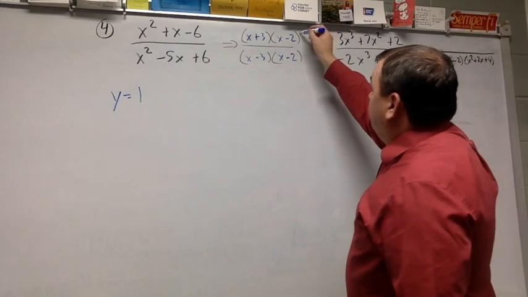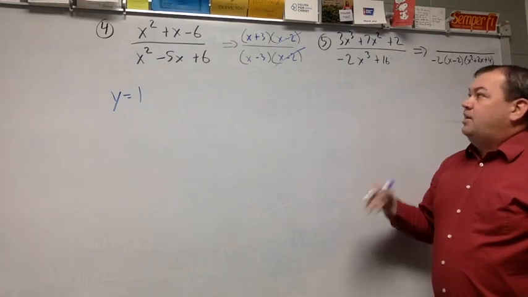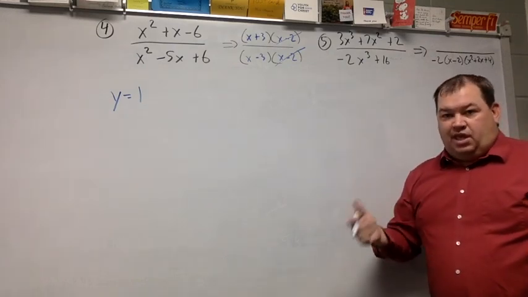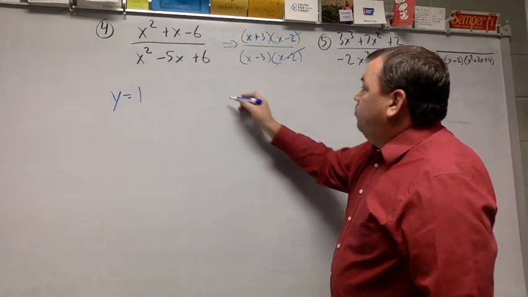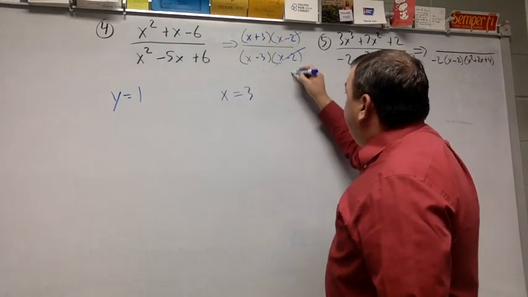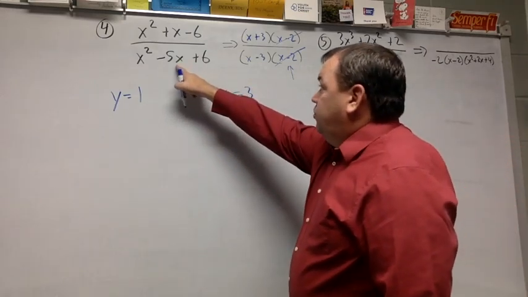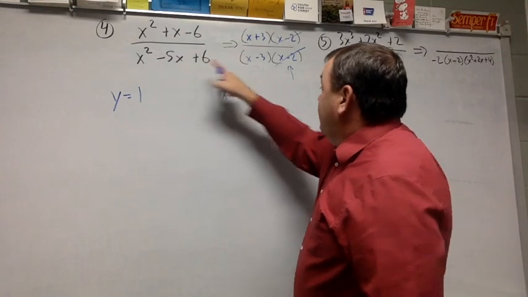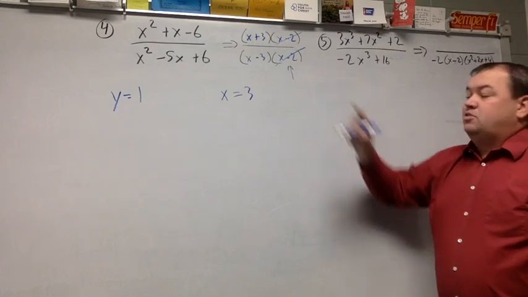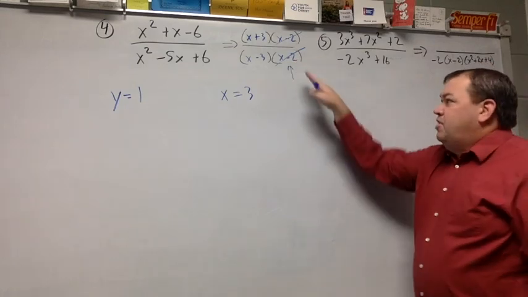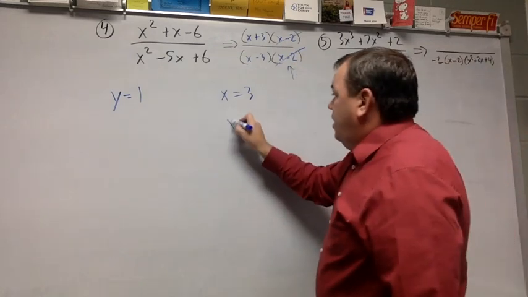But something interesting happens right here. Since I have an x minus 2 on the top and an x minus 2 on the bottom, those two factors are going to cancel. So when I'm looking for vertical asymptotes, I only have 1. But there's something going on with this minus 2. Whether I look at it in its original form or factored form, I know that I can't plug a 2 in there. It's not in the domain. But that 2 canceled out. So that issue, that discontinuity in my domain has a different purpose here. X equals 2